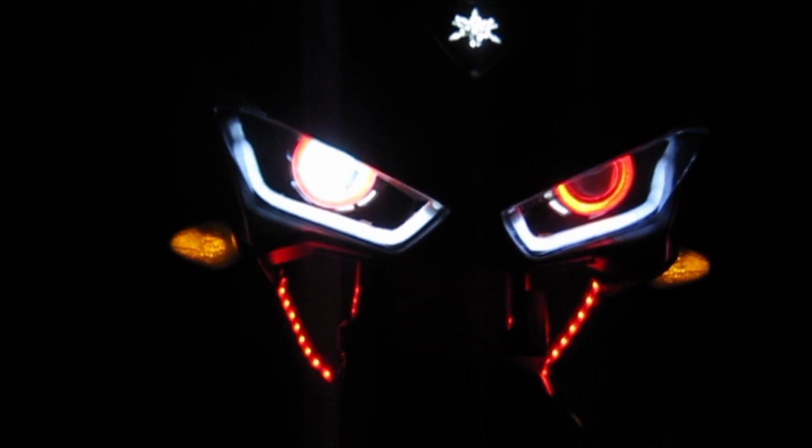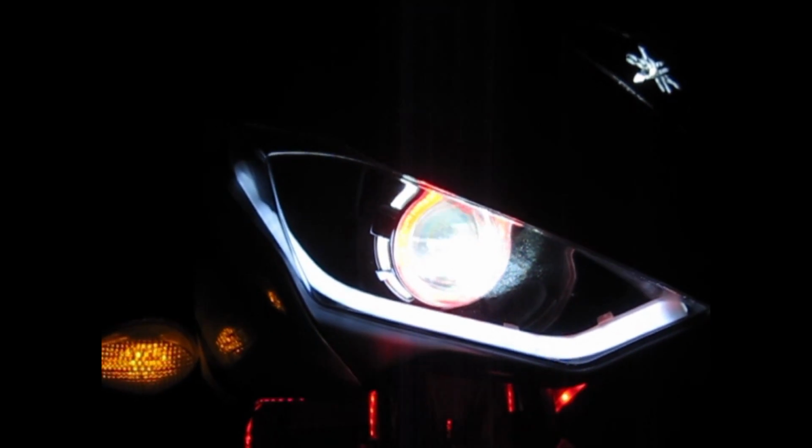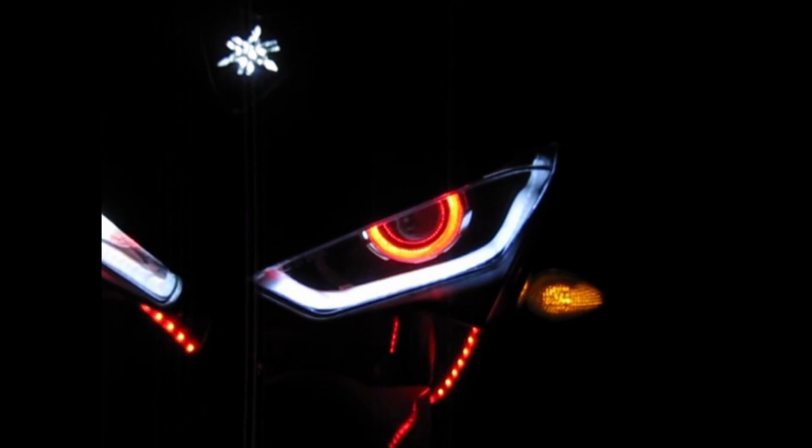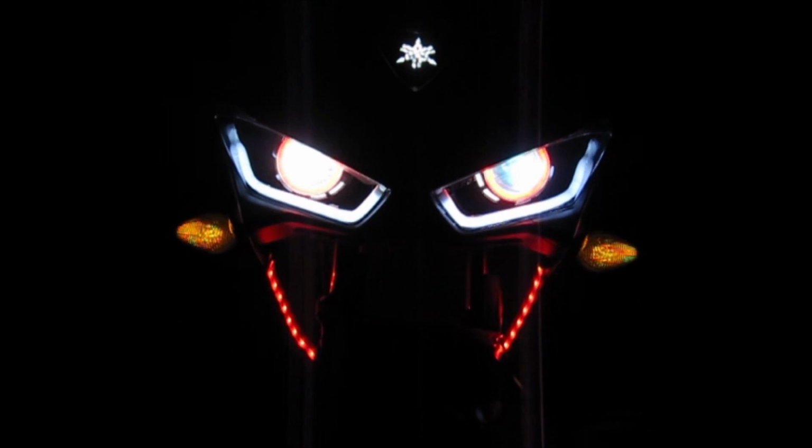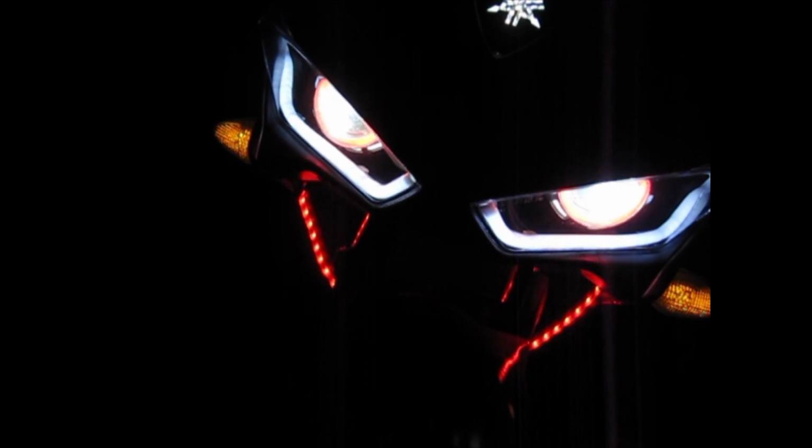Okay, now with the bike running, with one HID on, then next will be with the high beam on. Now with both headlights on, you can see the red a lot more in real life compared to the camera. It's not capturing the red, but it's there and you'll be able to see it. Then with the hazard lights,